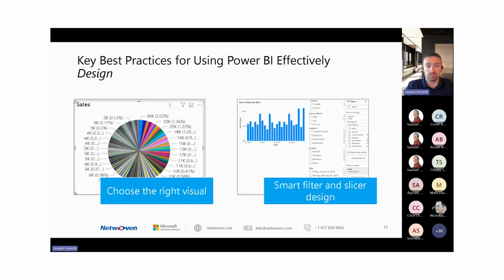As far as the visual type, choose the right visual. Like I said, not all visuals are created equal. Choosing the right visual type is critical in getting your message across, and often in that case, less is more. For example, this painful pie chart has the same colors repeated 100 times. You can't see the text. And unfortunately, this is a real example that I took from a real report. So you don't need to fill every single pixel of the screen with information. Make sure you're presenting a message that can be understood with just a few seconds